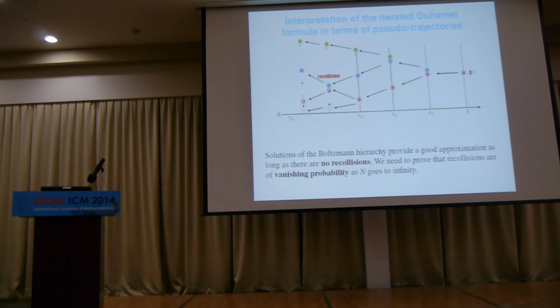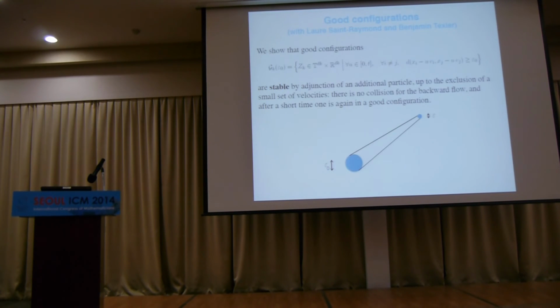So the whole idea of Lanford's proof of Boltzmann's theorem is to say that these recollisions can happen, because if you have billiard tables you can do it, but it's very difficult, at least when n goes to infinity. They have vanishing probability. More precisely, what you're going to do is the following. Again, this is very geometrical. Let's pretend, making things simple, you have 4 particles. They're moving around in straight lines, going far away from each other, and you add one. What you have to do is add one, and for it to hit one of the 4 others.